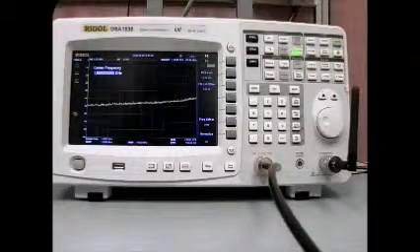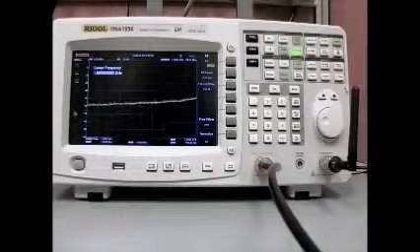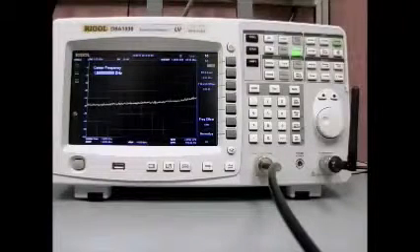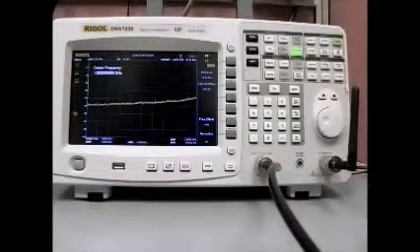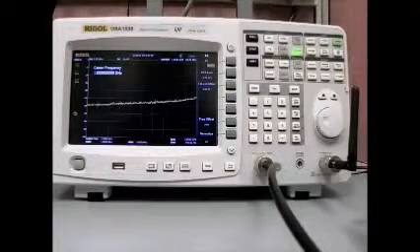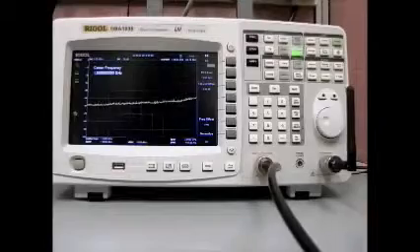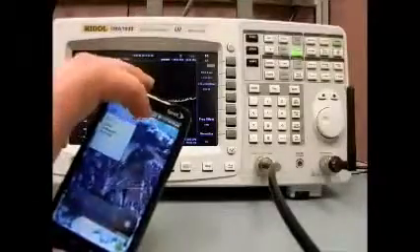Hi, we're going to do a little test today of a tracking generator. I wanted to show a little bit about the DSA series from RIGOL, the spectrum analyzers. So I have one of our 1030s, which is a 3 gigahertz spectrum analyzer. I've got an antenna, and I have my cell phone, and the cell phone is in airplane mode, so it's